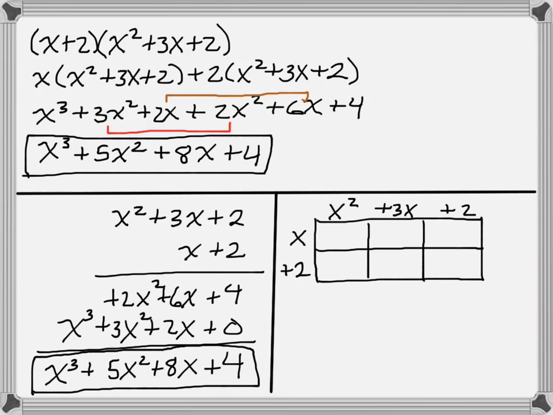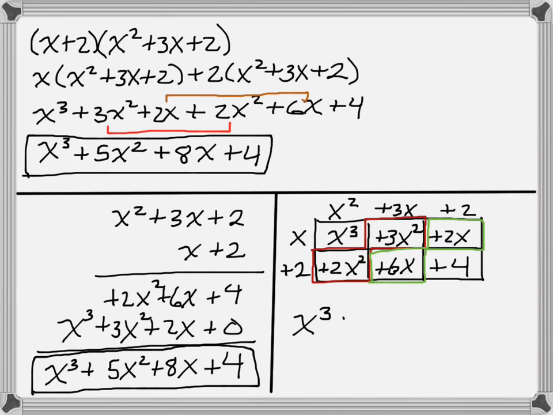And now what I'm basically going to do is find the area of each little rectangle. So x times x squared is x cubed, and so on. And you can just kind of see it getting filled in there. If you put placeholders here, what's going to happen is along diagonals are the like terms. So you can see you got your like terms there. So an x cubed, and then we got 5x squareds, and then along this diagonal here we have 8 x's and then a 4. So jot down the final answer,